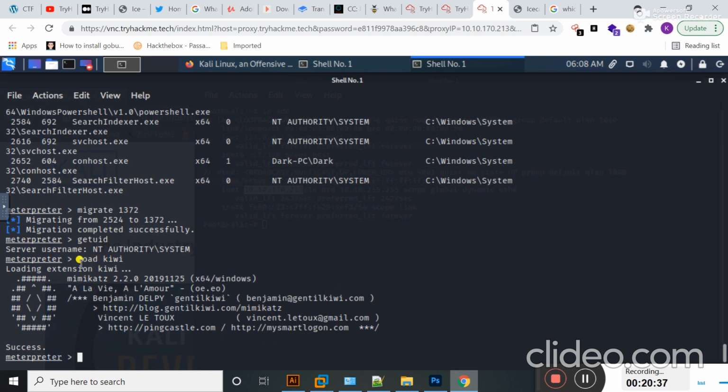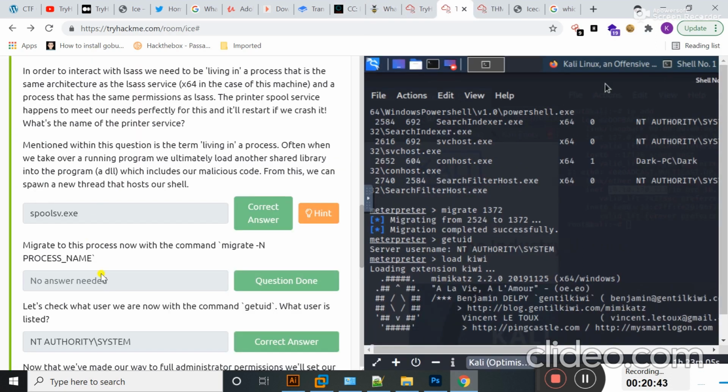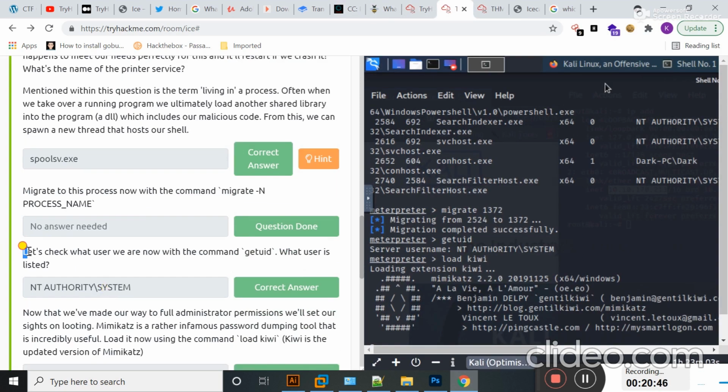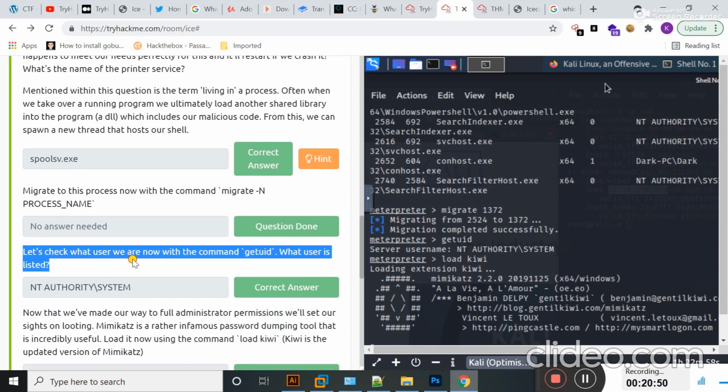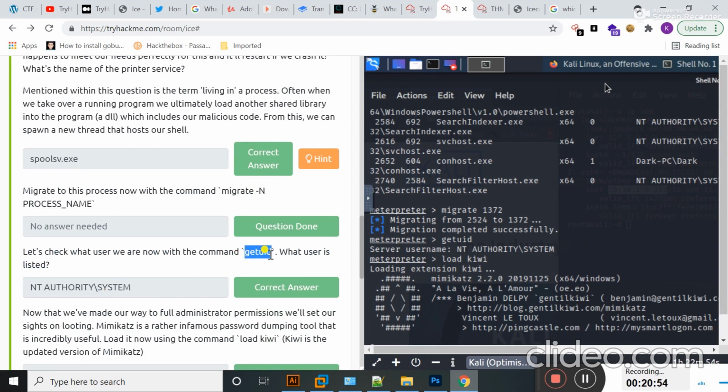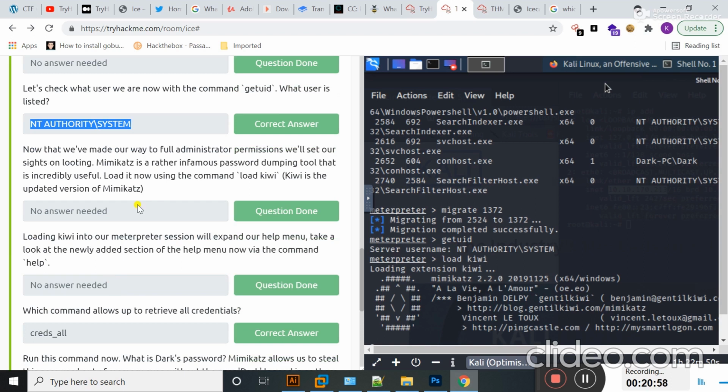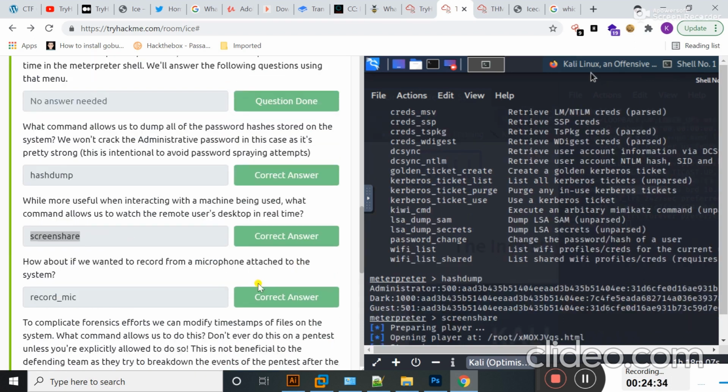Students, Mimikatz is now successfully loaded. Let's check what user we are now with the command getuid. Guys, you can see when I use this command, the user is NT authority system. Next, when I use load kiwi, Mimikatz loads successfully.